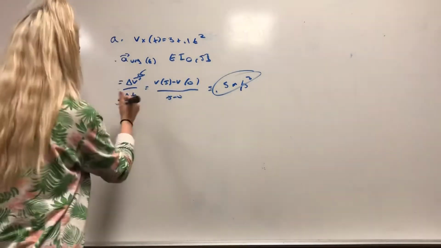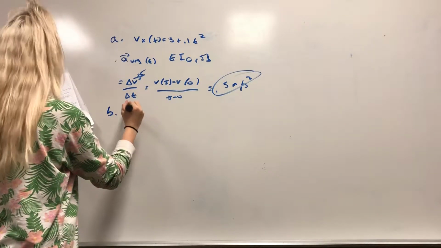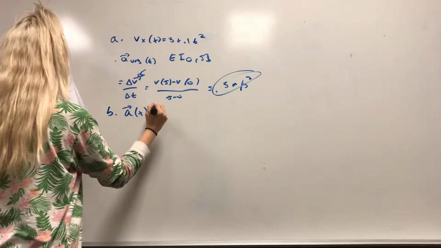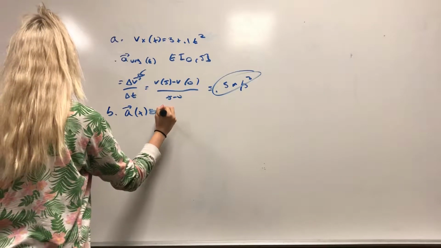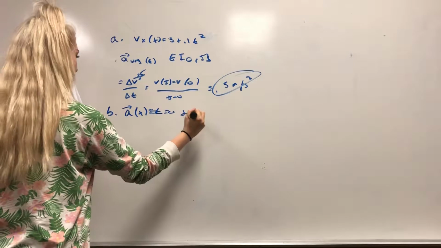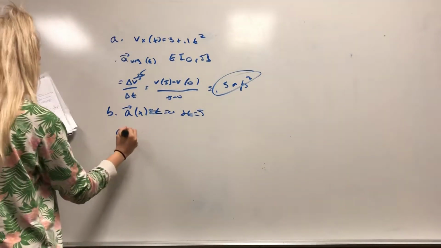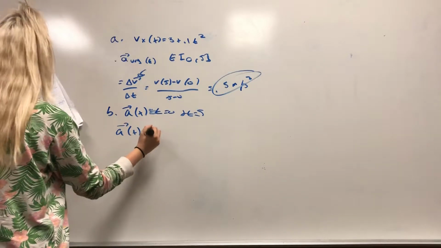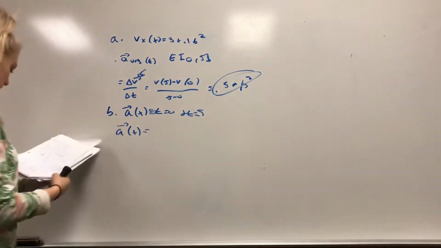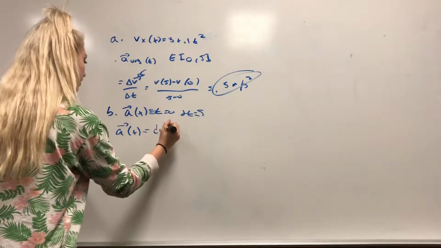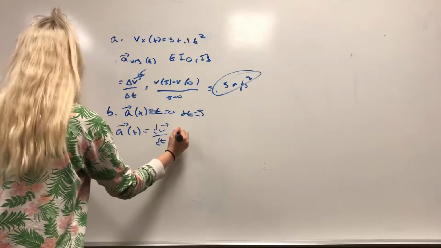And basically, we know, so this is what it's asking for t equals 0 and t equals 5. And we know that acceleration is simply just the derivative of velocity. So that is shown by this, which gives us